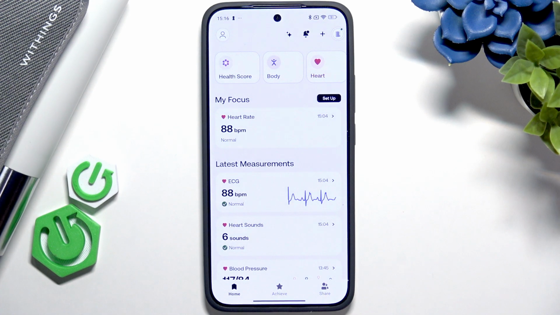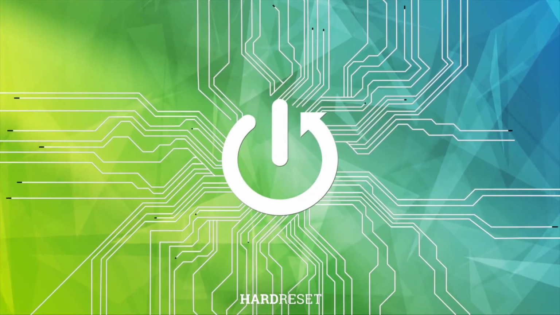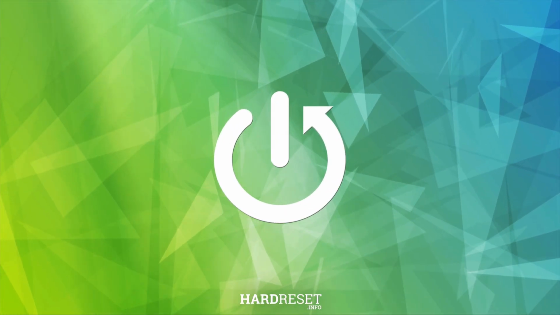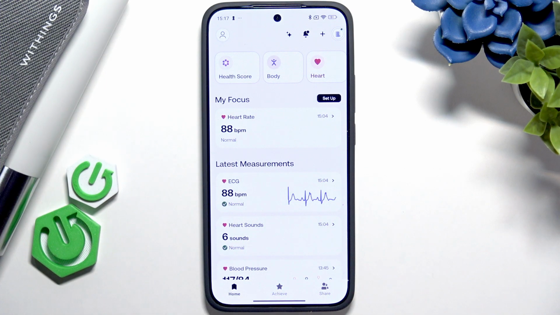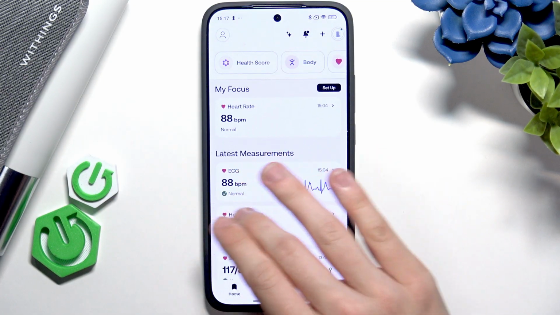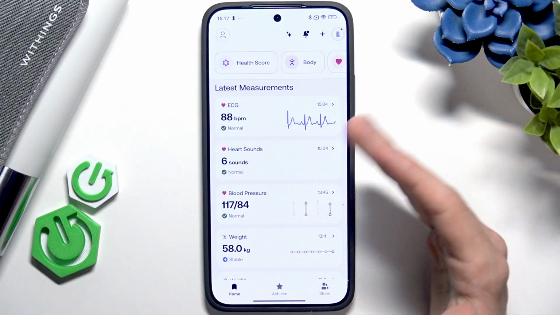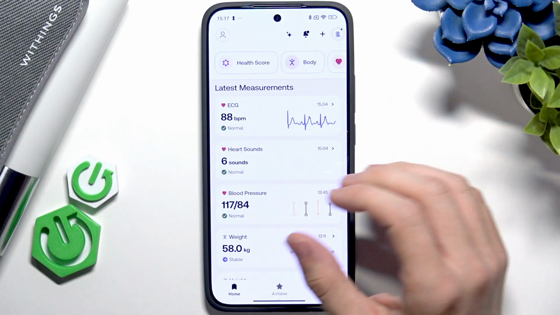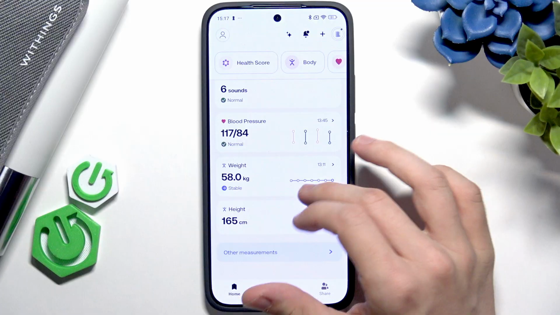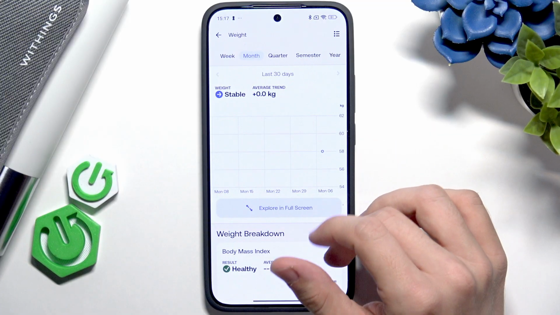Hello, in this video I'm going to show you how to add a weight measurement into the WITHINGS app for WITHINGS BPM Core. To add your weight measurements for better optimization of the readings, so it better tells you whether your blood pressure and ECG and everything is normal, then you should go to weight and click